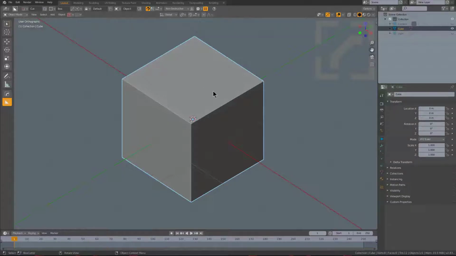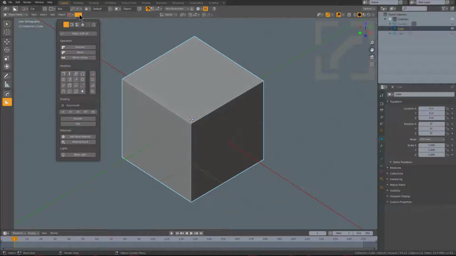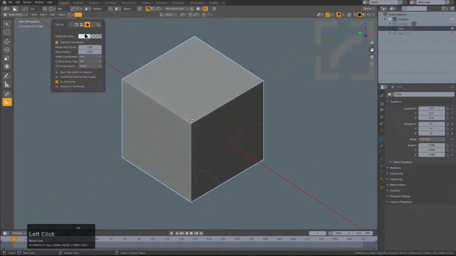A concept I also would like to introduce to hops is the concept of opt-ins, which is, funnily enough, the more I type it in code, the more it sounds like options. But if you expand the hops button, there's a star icon which will take you to the opt-ins. And these are things that I felt users would possibly want to opt in or opt out of, or possibly make changes based on their personal preferences of wanting to use hops. And these are basically things that you can adjust in your preferences, but I'll go over each of them one